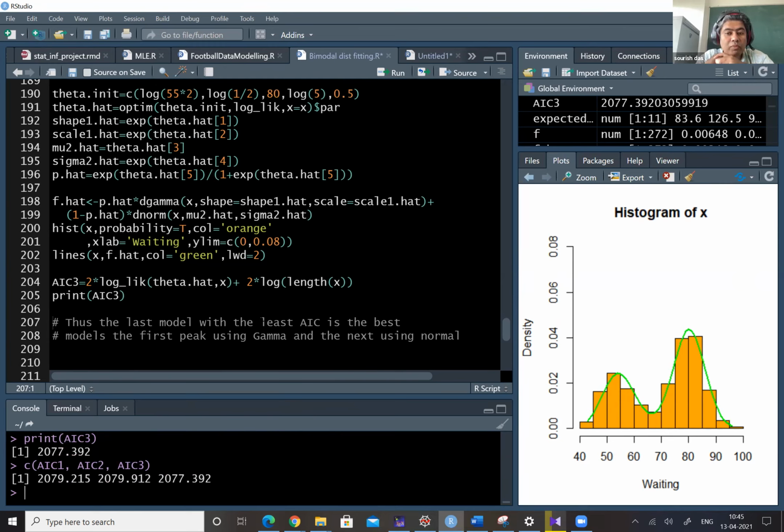So the first mode you modeled with gamma, and the second mode you modeled with normal. Yes, sir. I did the reverse also, but the AIC was close to the previous two models. Got it. Clearly this model has at least a two-digit advantage. So the first mode with gamma and the second mode with normal is doing superior to the mixture of two gamma or two normal. So that's pretty good.